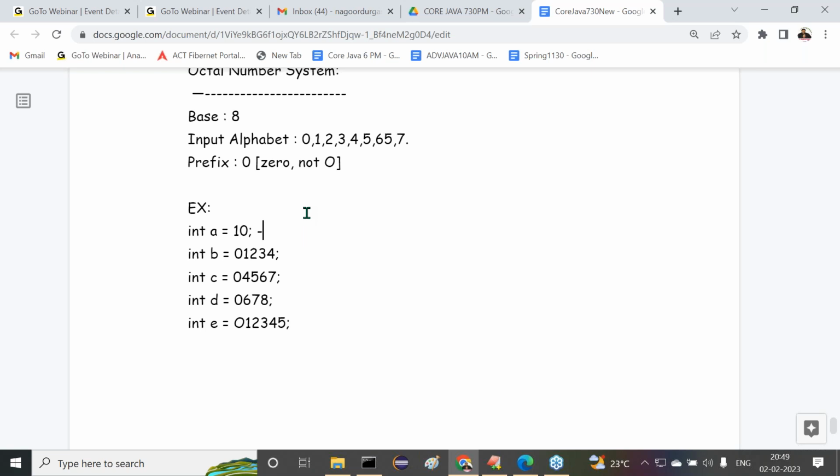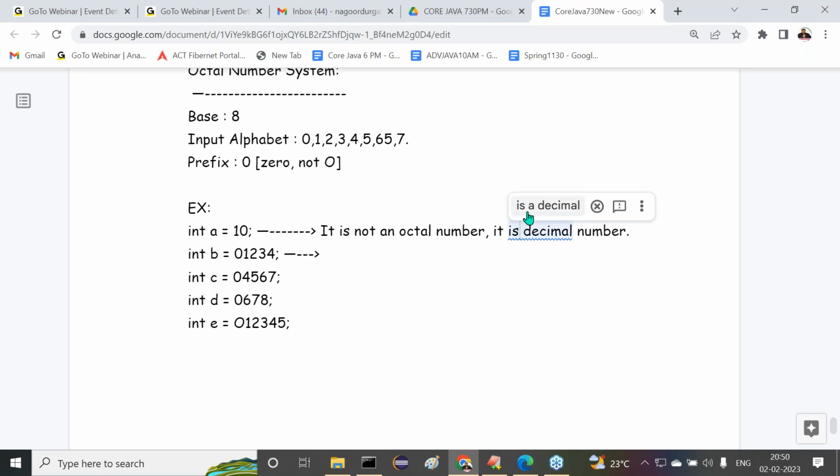Now tell me, what is the first one? It is not an octal number, it is a decimal number. Then the next one: valid or invalid? Valid, because the digits are within 0 to 7 and it is prefixed with 0.